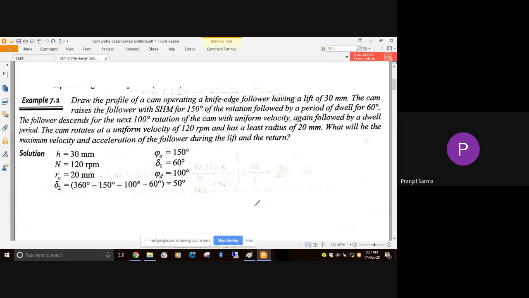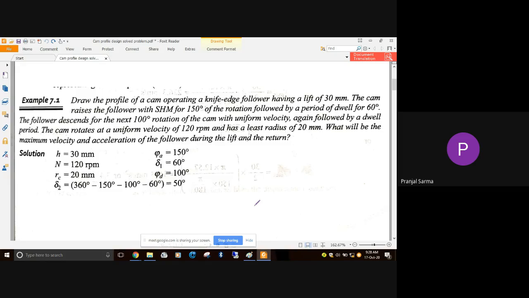Reciprocating follower. You remember? It's based on the movement of the follower. If the follower is reciprocating within a certain guide, then it's reciprocating. From our syllabus point of view, we'll be restricting our discussion to the reciprocating type of follower only. I have given you two examples, one with the knife edge type of follower,